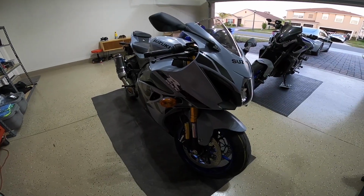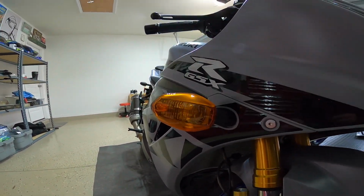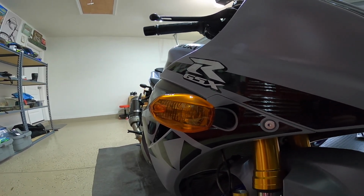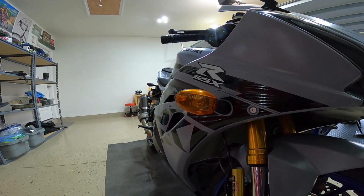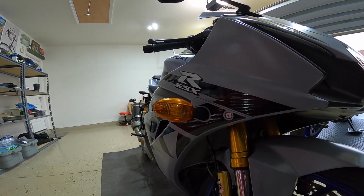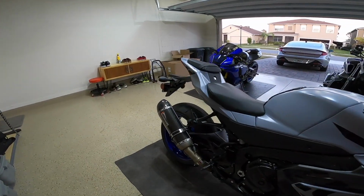Now guys, as you know, we are going to be changing a few things here. Number one, these front turn signals are butt ass ugly. These things look like they came off a 2001 Gixxer, let alone a 2021. I mean, this thing still has a light bulb. If you could look in there, it looks like a light bulb that would be on the back of an old Ford Bronco. So I'm really surprised that they went with a turn signal for the front like this, because aesthetically it looks horrible. We're gonna be removing these, and we're going to be removing this huge whale tail that's